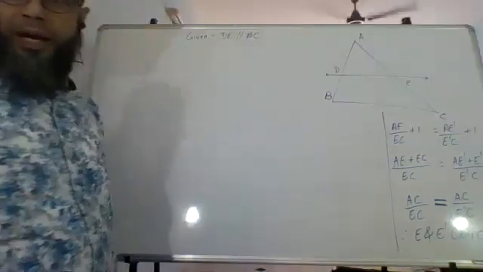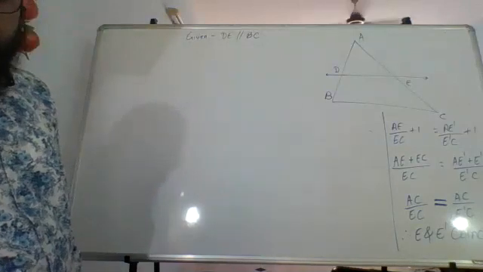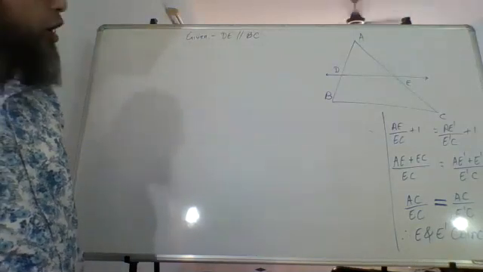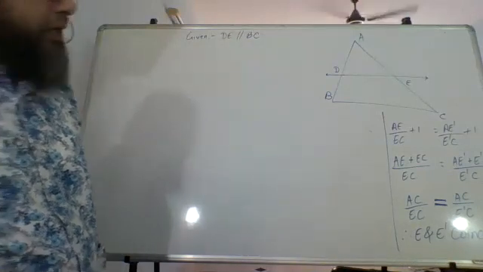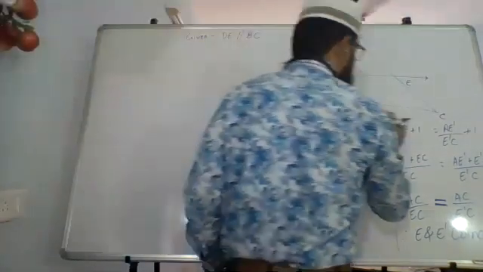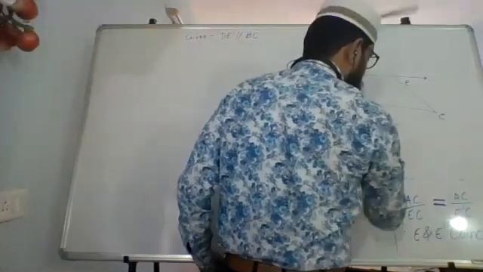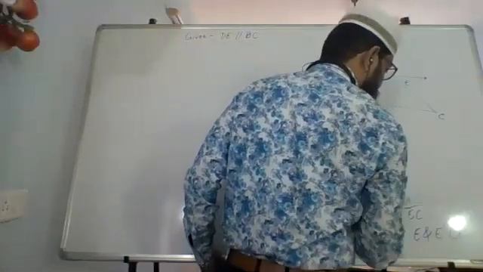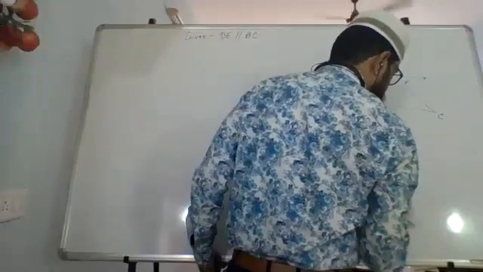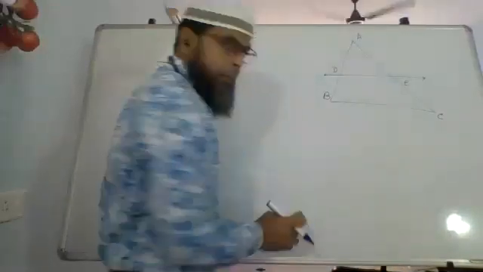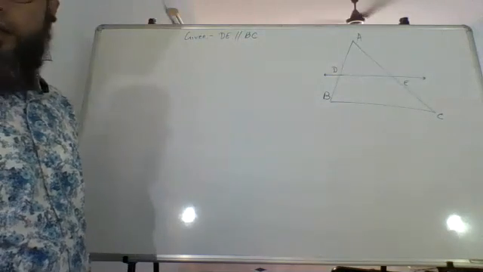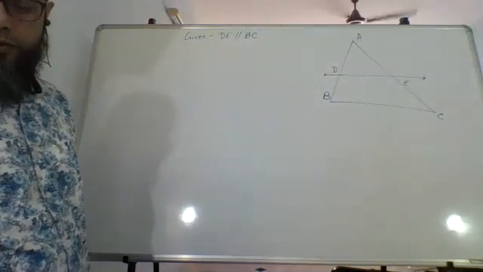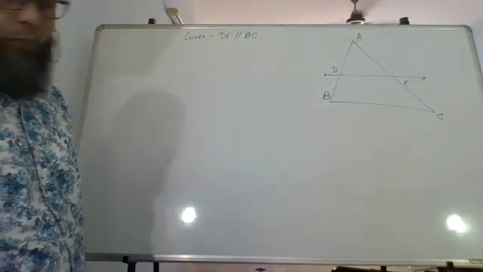If a line intersects sides AB and AC of triangle ABC at D and E respectively and is parallel to side BC, prove